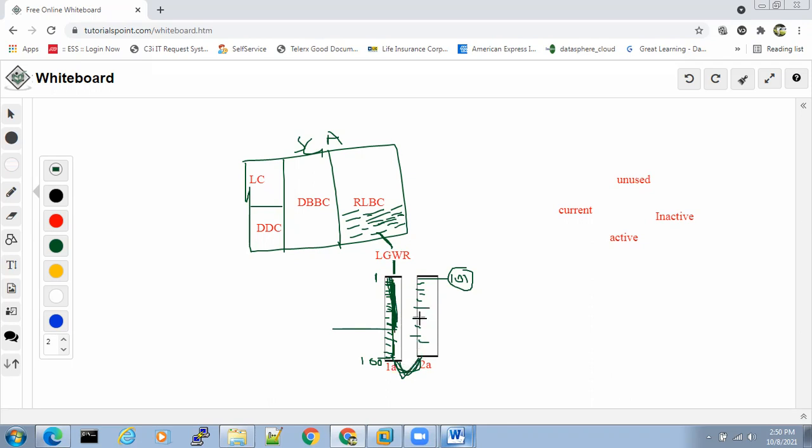That is correct actually. But even if redo 1A is not completely filled, it will wait for 15 to 30 minutes. It will see whether transactions are happening in the database or not. If nothing is happening, it will wait for 15 to 30 minutes and then switch the log.